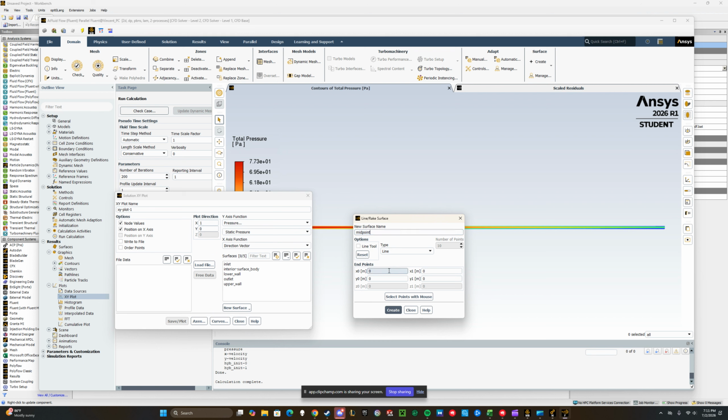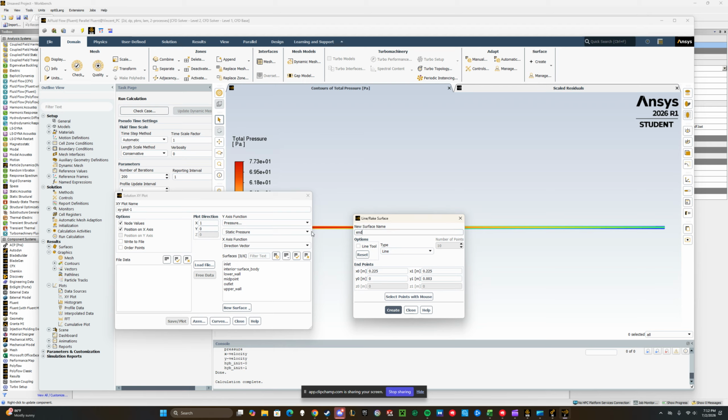If you remember correctly, our X value should be the middle for this 450 millimeter long pipe, and so it should be 0.225, if I am remembering correctly. Yes, 0.225, and our Y value should be from 0 to 0.003. That should be our height. So it should be 0.225 meters deep and that high. We can create that,